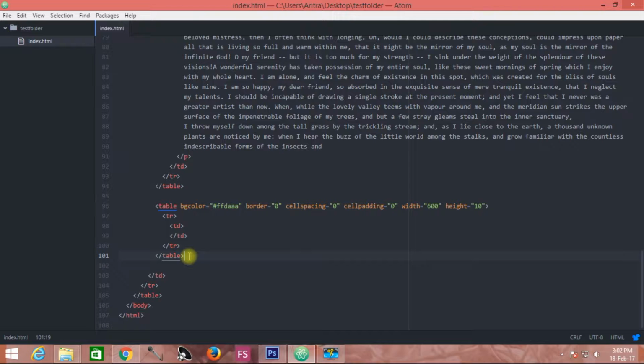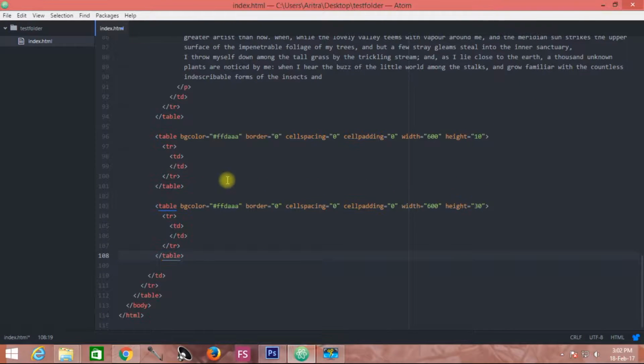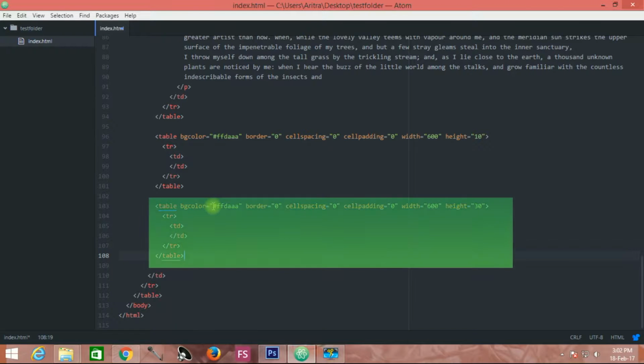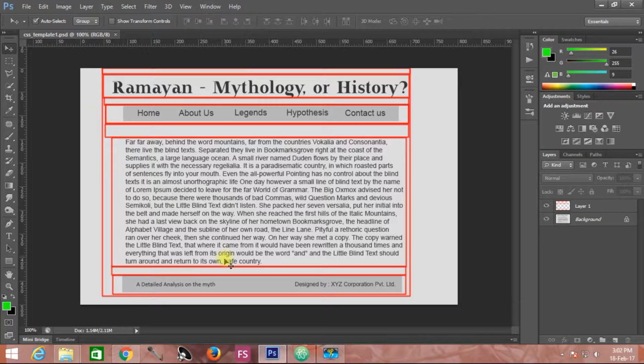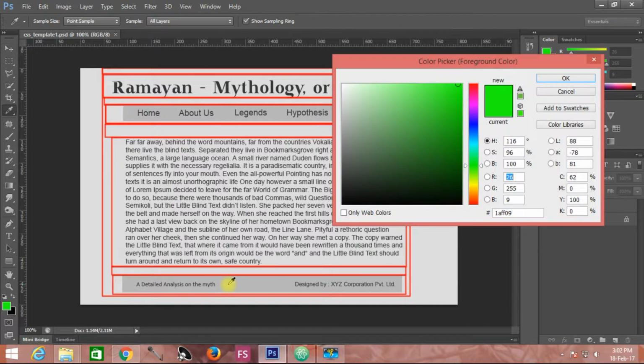Now for the final part, press Ctrl V over here, change the BG color. I am just changing it to, say, this one.